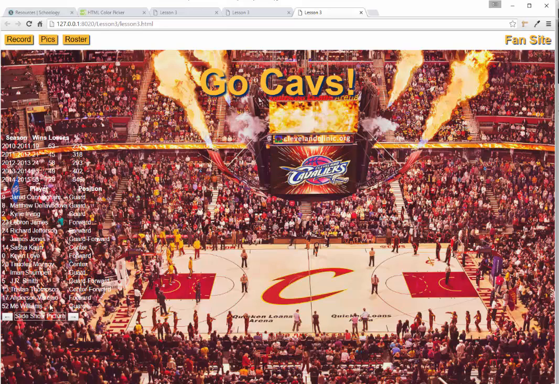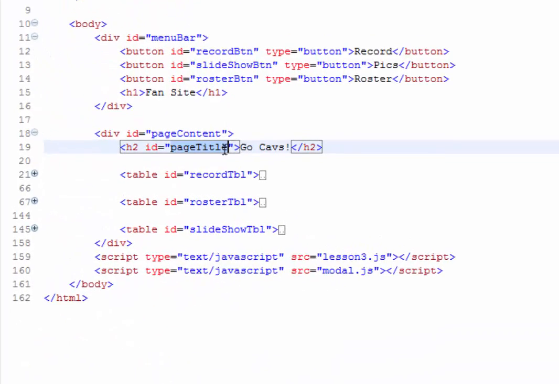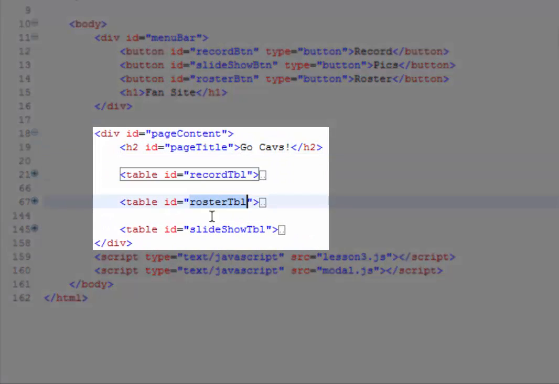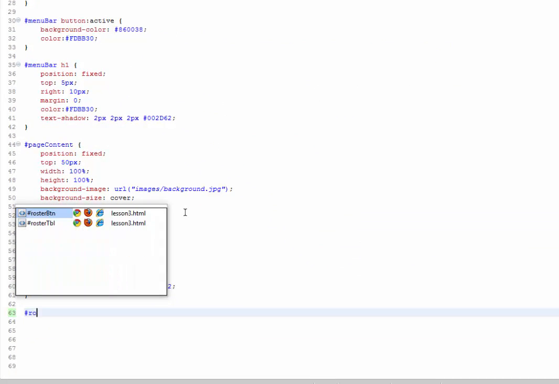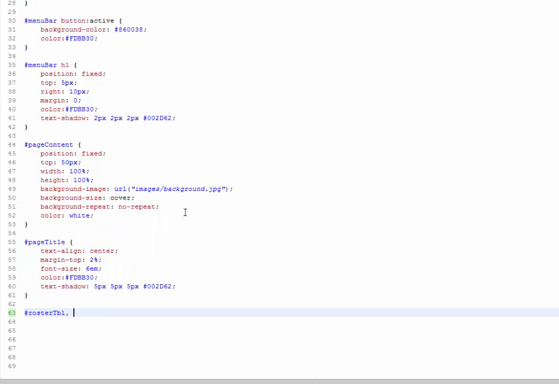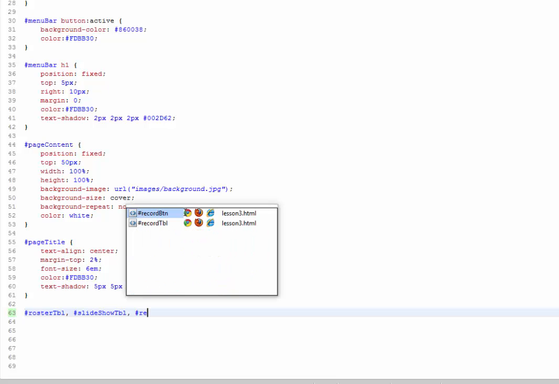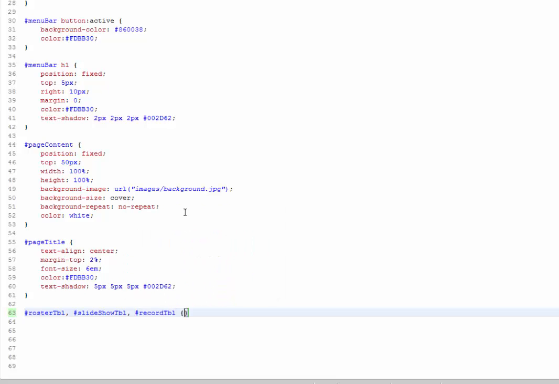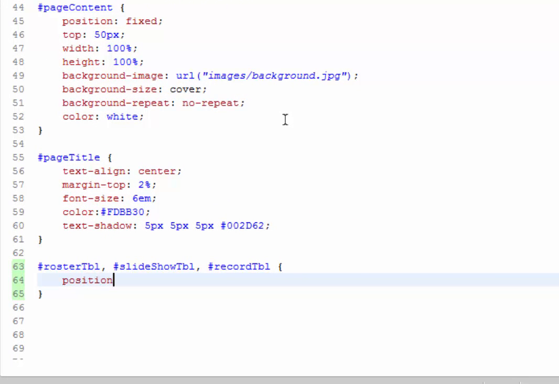All right, so let's style these tables so that they all will have that same background and same positioning. So let me go ahead and shrink that down. And I can do all 3 tables the same just by separating them by commas. So the table IDs were record table, roster table, and slideshow table. So to write out these rules, I'm going to say roster table, comma, slideshow table, comma, and record table, comma. All right, so that means that all 3 of these are going to have the same set of rules applied to them. The first thing is I want them positioned